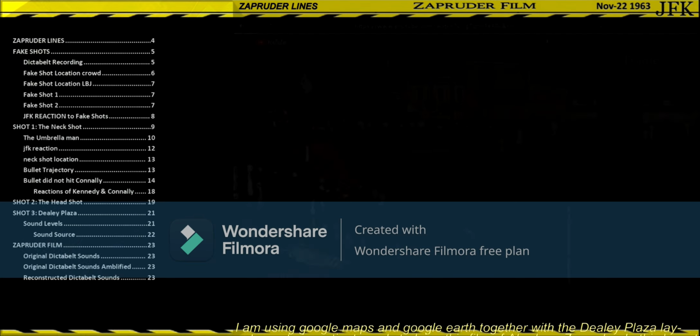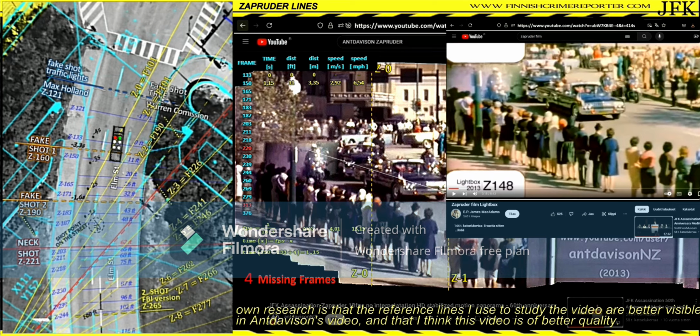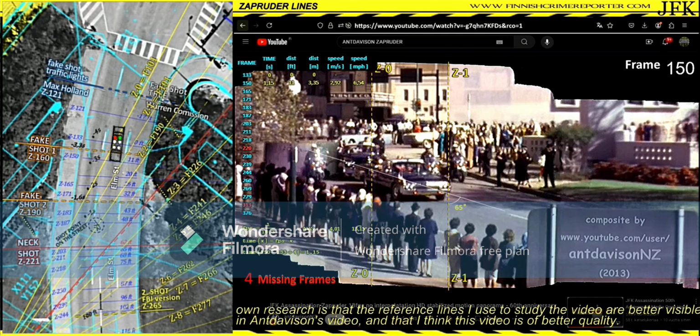At frame 150, Andavison's video already has 4 missing frames, which must be taken into account when determining the speed of Kennedy's car. I have used Lightbox's video to determine the missing frames from the Andavison Zapruder film. The reason I don't use Lightbox's video in my own research is that the reference lines I use to study the video are better visible in Andavison's video,